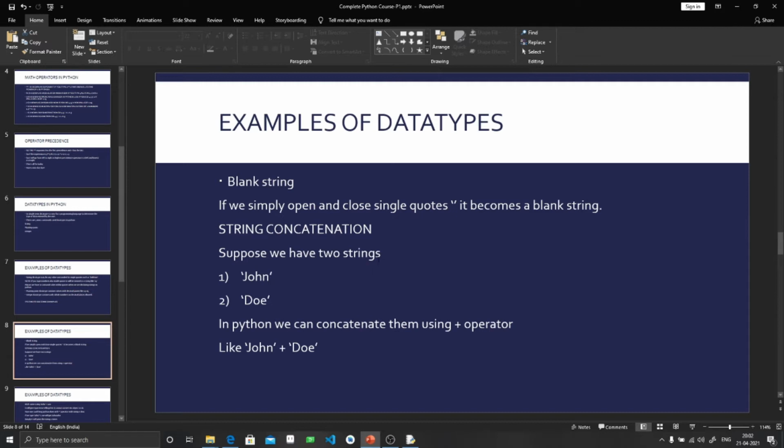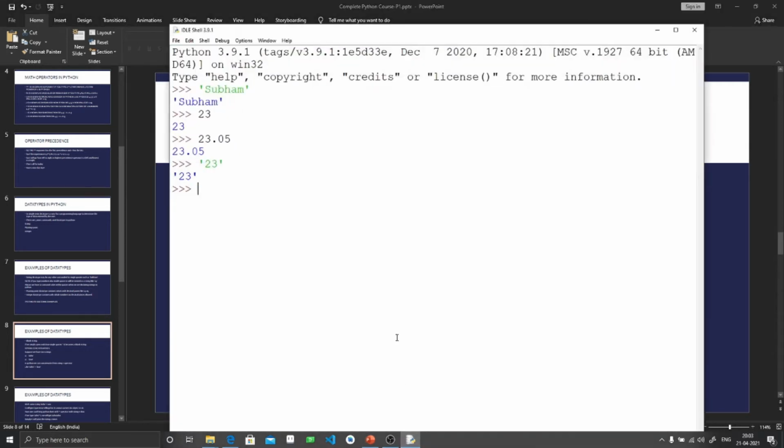We can use a blank string also by opening and closing the single quotes without writing anything. If we now open and close the single quote, it will be a blank string. It doesn't contain any string value.